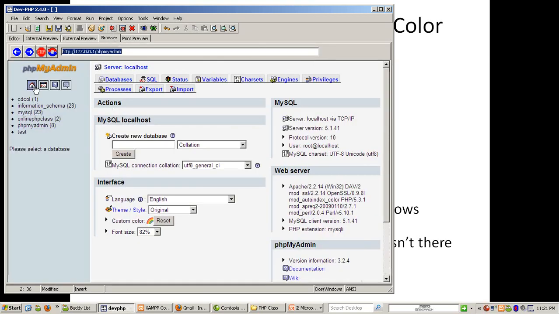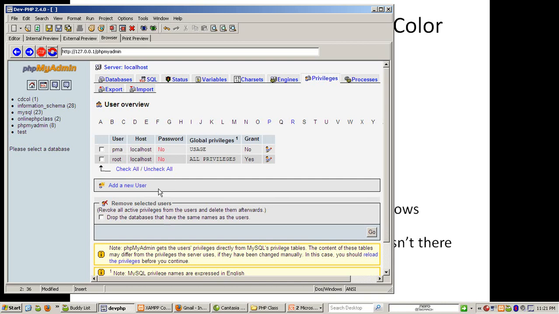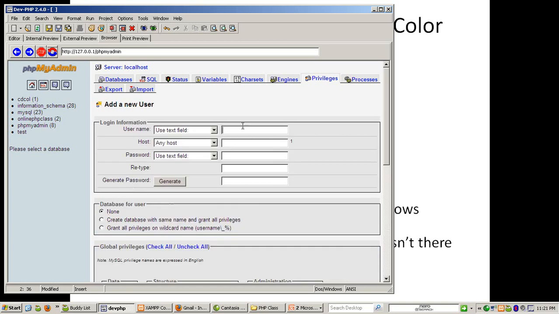Okay, let's do this then. Go to home. Privileges. Add a new user. I could use root, but I don't actually want to do that. I want to show you how to grant a user here. So username, online PHP class,